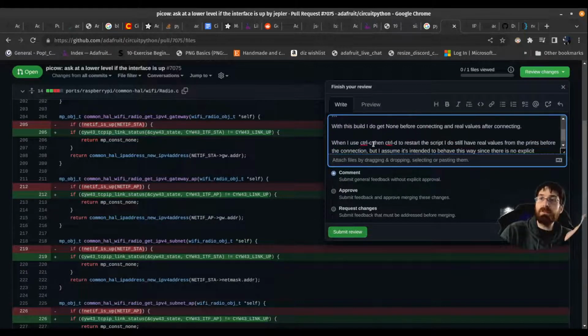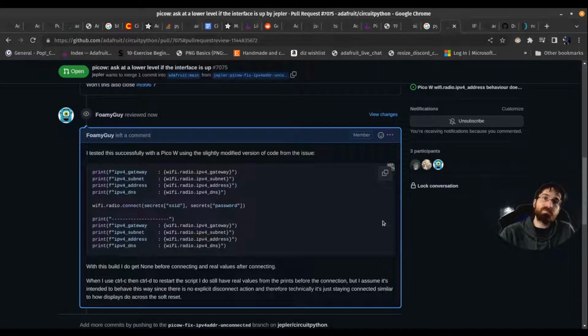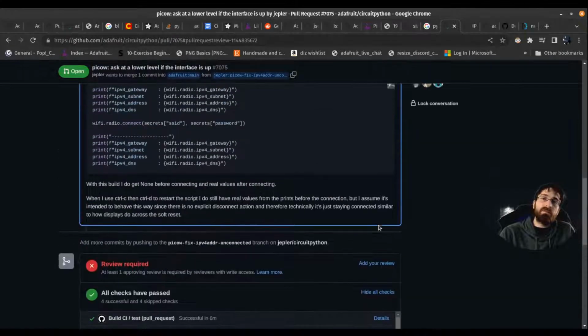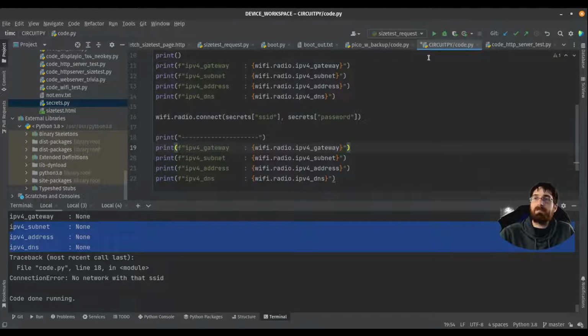I don't know if that's 100% true or not. That's my guess, though. Unless we disconnect it, it's going to stay showing connected. It must just keep it alive, I guess, right? That's kind of what I'm thinking, the Wi-Fi processor stays alive, stays connected, because we never told it to disconnect. Just because the microcontroller disappeared and came back from a Control-C, Control-D doesn't mean nothing would have happened to the coprocessor. It's still just hanging out, doing the last thing it was doing, which was being connected to that network.